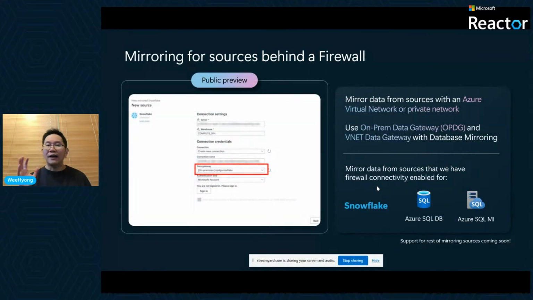Now, the other top ask is really mirroring for data sources behind a firewall. Today, you could use an on-premises data gateway or a VNet data gateway, and both of these now work with database mirroring. And what does that mean? It allows you to connect the data that's on-premises. It allows you to connect data that's in multi-cloud, and